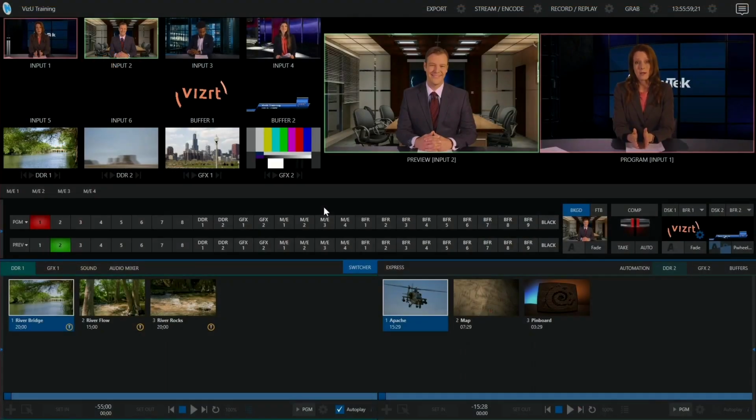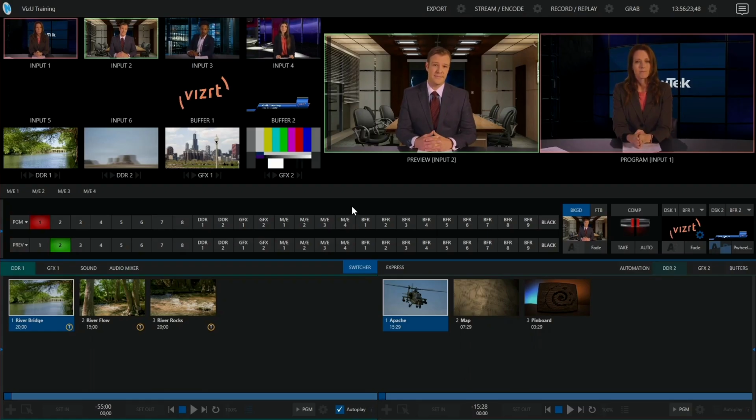The primary function you're going to drive from your MiniCS is going to be video switching. This is going to be the same functionality that you find in the middle area of your TriCaster user interface. And the control panel is going to mimic the same behavior as the switcher tab found in your TriCaster. So if you're used to working in express mode, you should switch it to switcher mode because that's how the